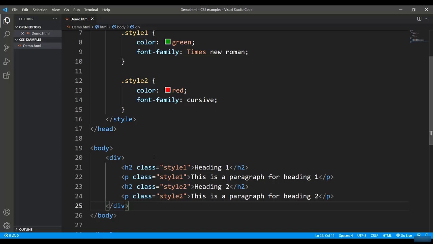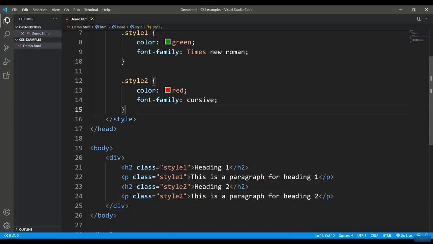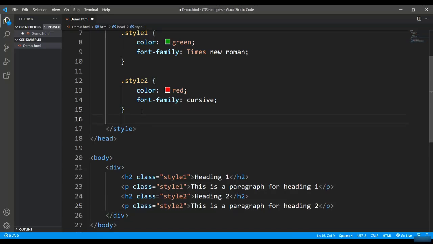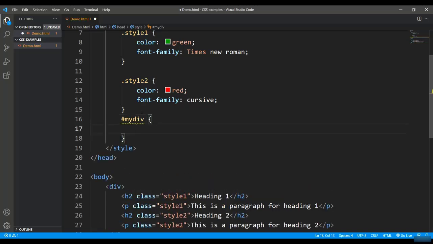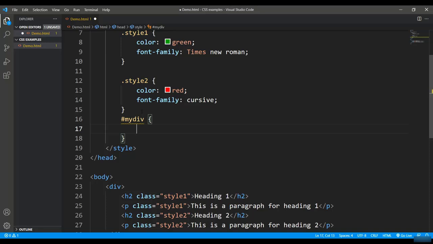Let's close this. For now it will not be reflected, but now let's add one more selector here, that is the id selector, and for the id selector I will use hash. So my div is the id selector. Id is actually an attribute in order to make a unique element in your HTML document. So what I'll do here, for making a div, I will use some attributes like